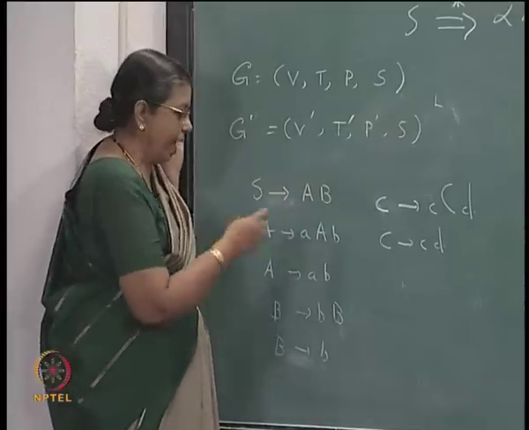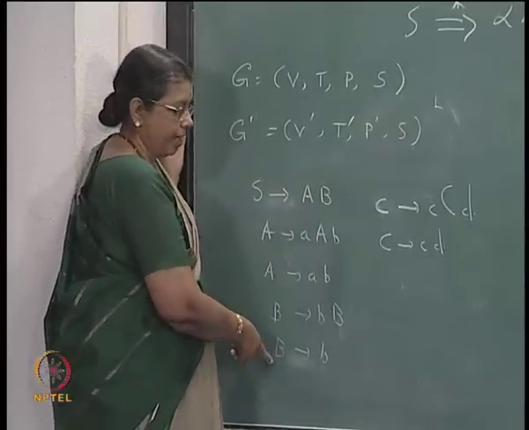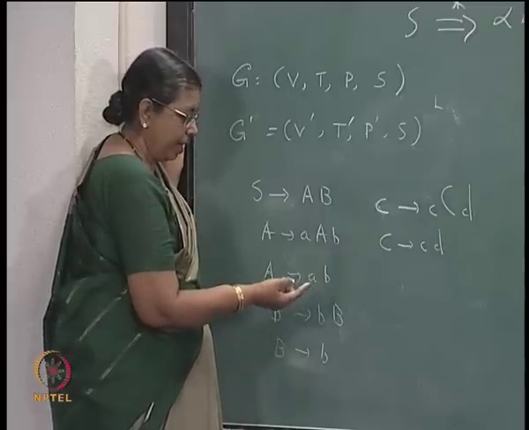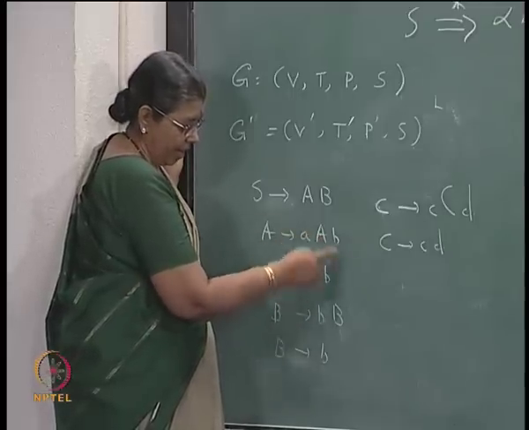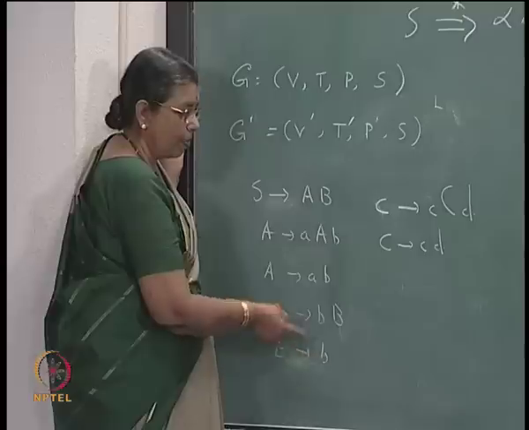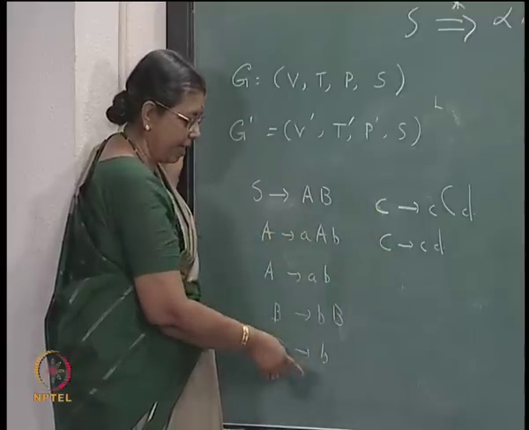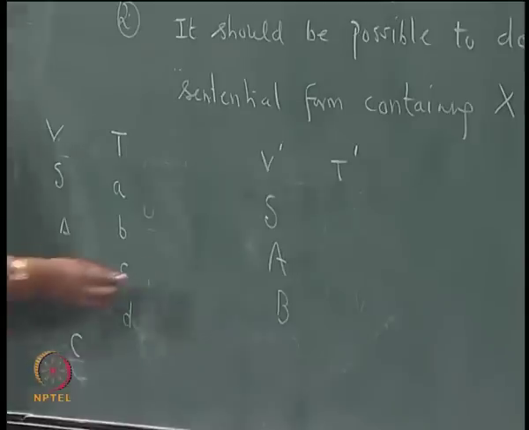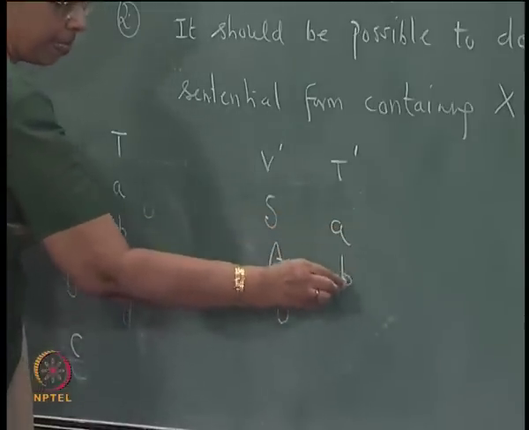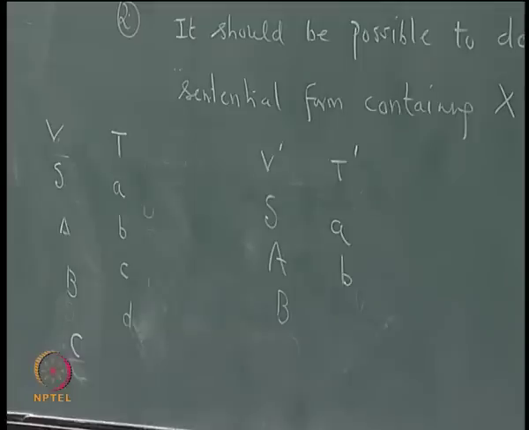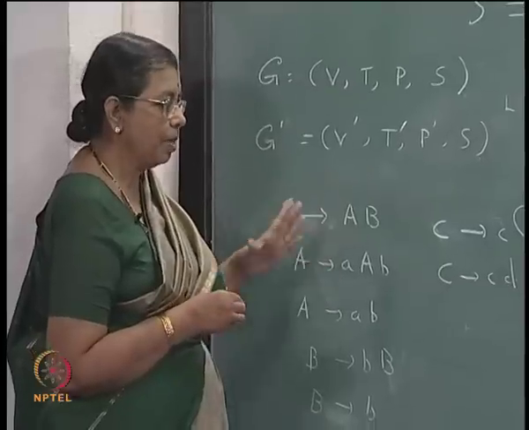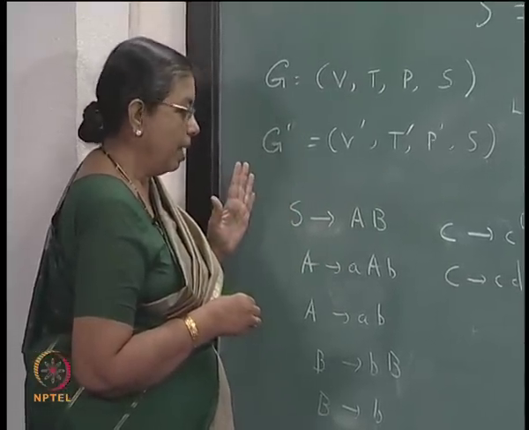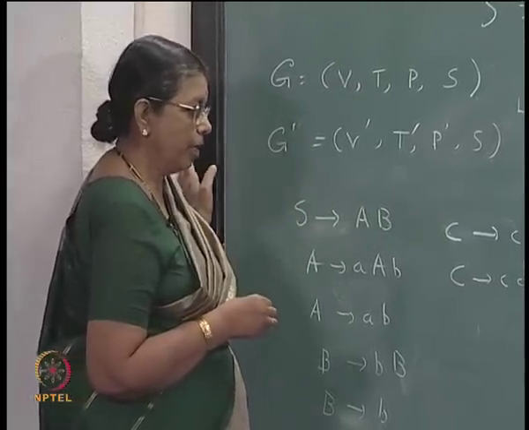Then look at the rules with A on the left hand side and B on the left hand side. Look at the right hand side. On the right hand side again you are getting A and B capital letters. So, non-terminals are A and B, which are already there, but terminal symbols a and b are occurring here. So, you will be adding a and b. Now, look at the left hand side again, there are no more non-terminal symbols added. So, no more rules you need to consider.